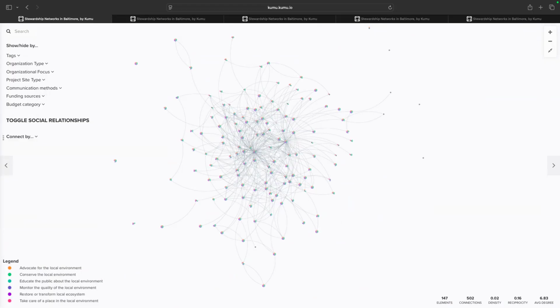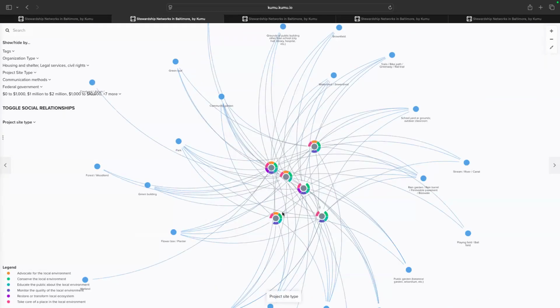So let's go to a view that I have already filtered down here. On this page, I've combined different filters to narrow down the map to an exceedingly specific view, just to see the data that I want. On this view, I'm filtering the map to show only the organizations that meet the following criteria. Their organization focus is either housing and shelter or legal services and civil rights. I filtered so that their funding source is just from the federal government, and then I filtered by a range